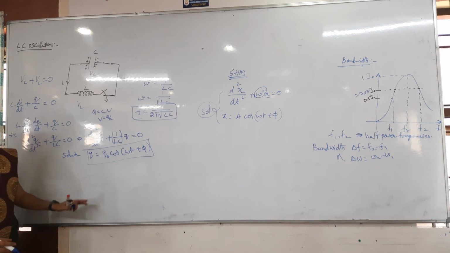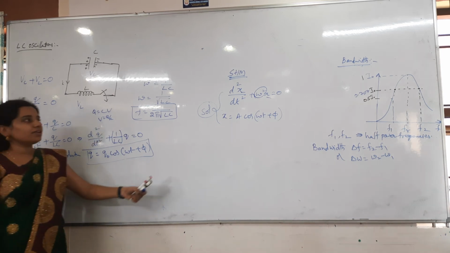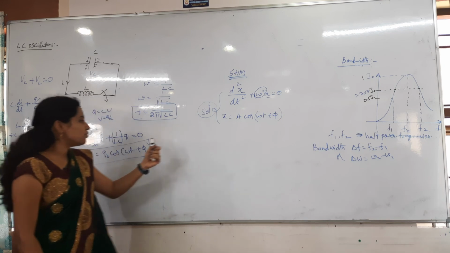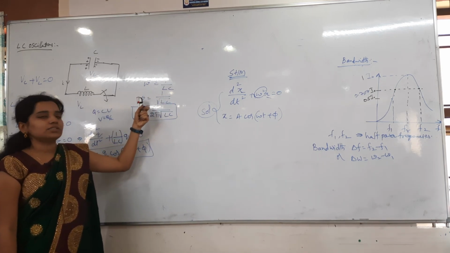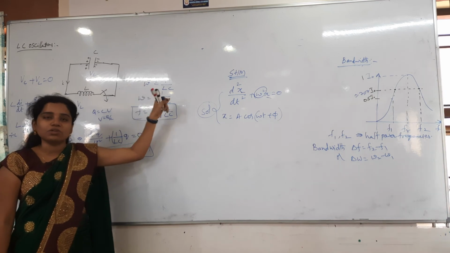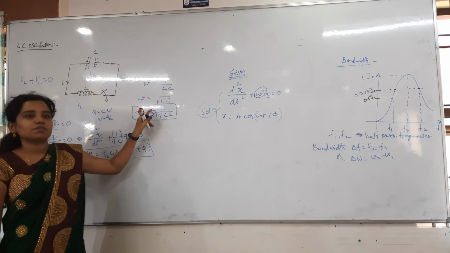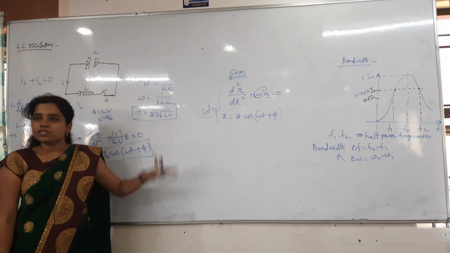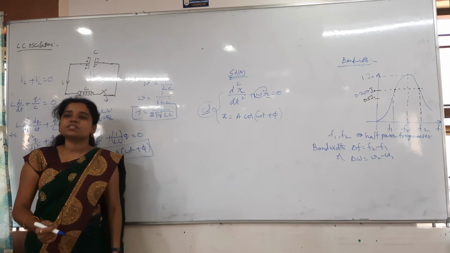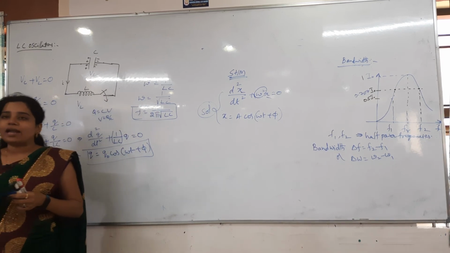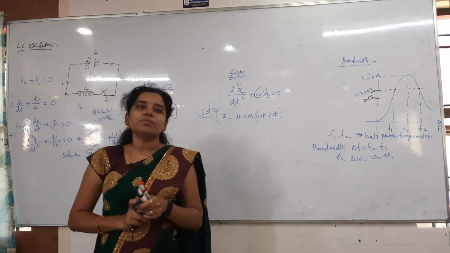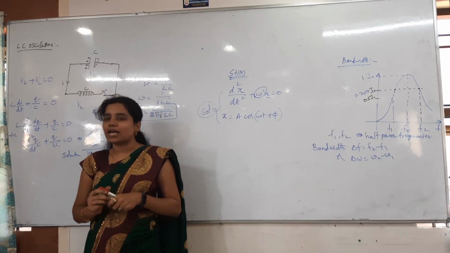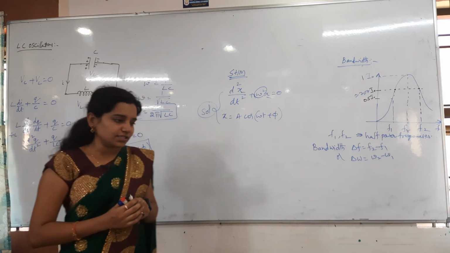After that, let's find out the frequency. In the place of omega squared, what have I taken? 1 by LC. So omega squared is equal to 1 by LC. Omega is equal to 1 by root LC. Then f is equal to 1 by 2 pi root LC. This frequency is exactly which frequency? Resonance frequency. At that frequency we will have the maximum current and the minimum impedance or minimum reactance. Clear? Right, that is LC oscillations.